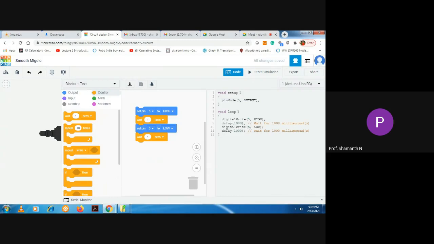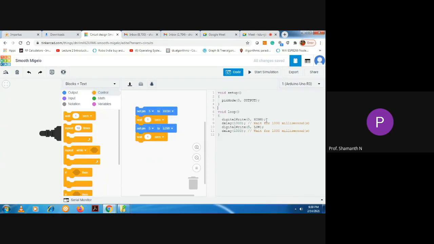In this, we will be writing the commands to make the LED turn on or off. In the digital write function we will be setting pin number 5 to high. So this code block, set pin 5 to high, corresponds to this particular code.